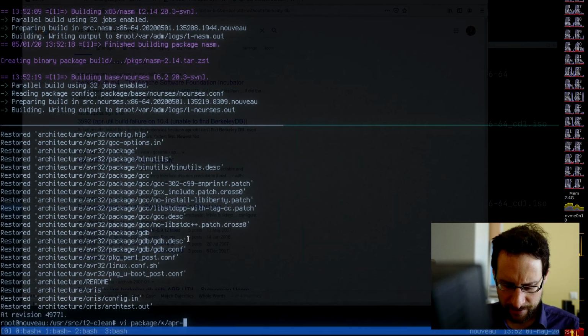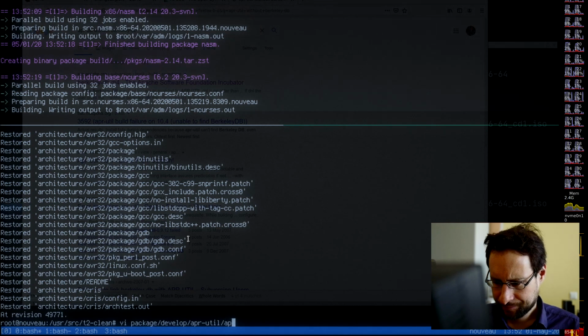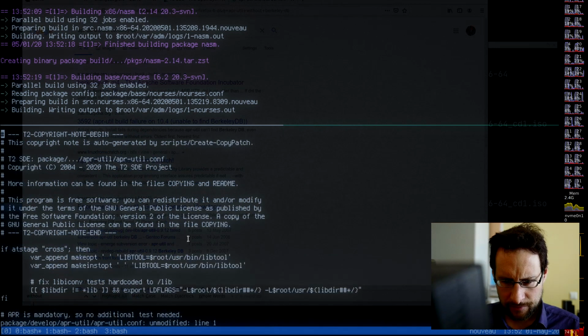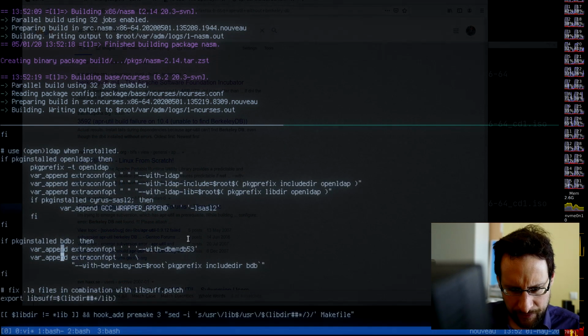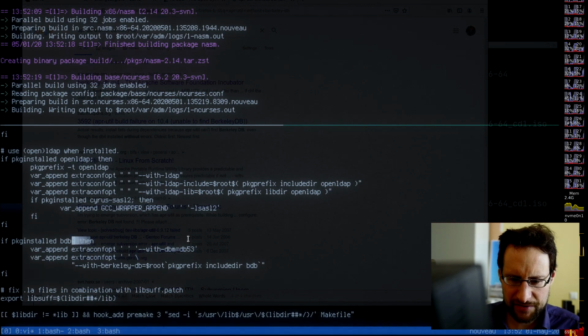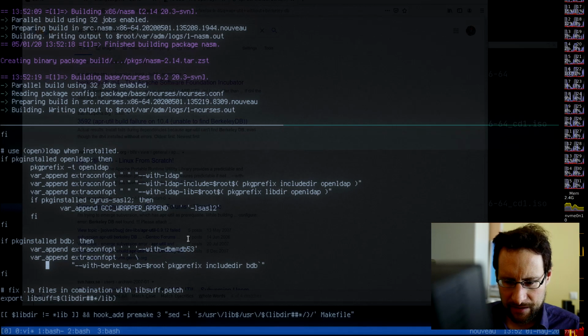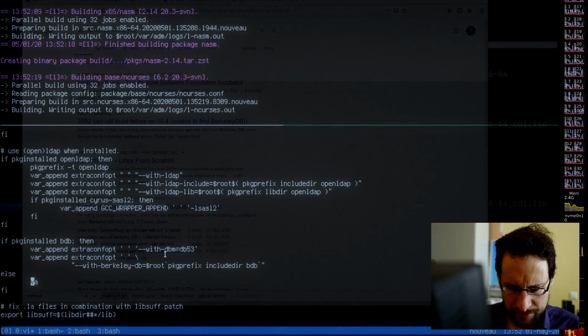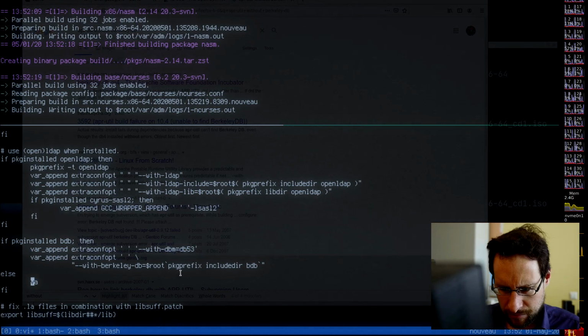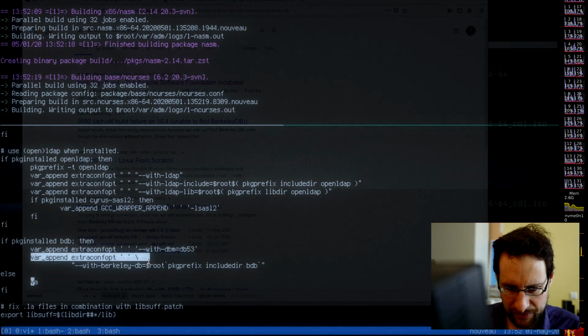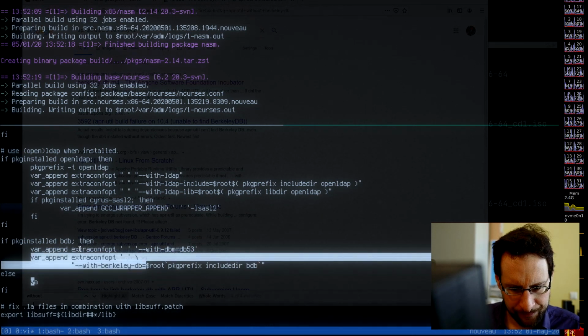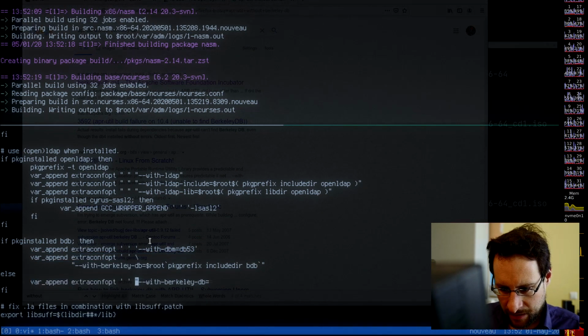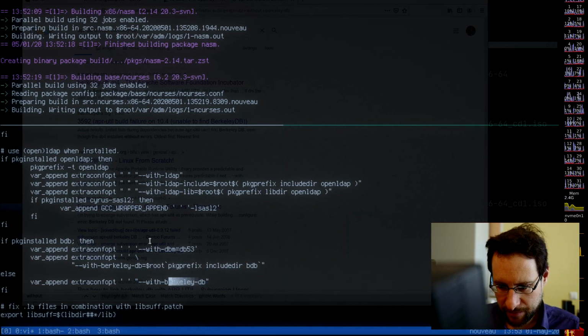APR util, have here BDB. The question is, do we even need this? Because it should be the same as APR util anyway, but the bigger question is, do we need var append extra? Actually, the question is, oh, DBM, okay. The bigger question is, do we need this? Does it work without? But yeah, leave in the comments below, is it worth the effort? Some megabyte here and there, but